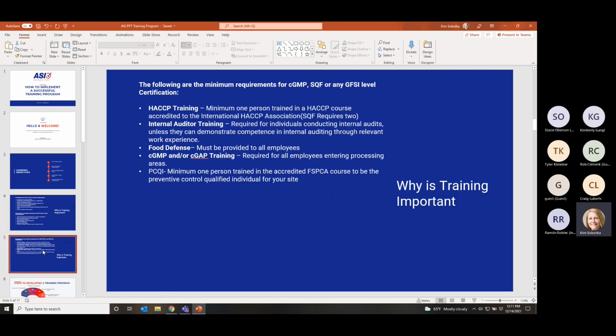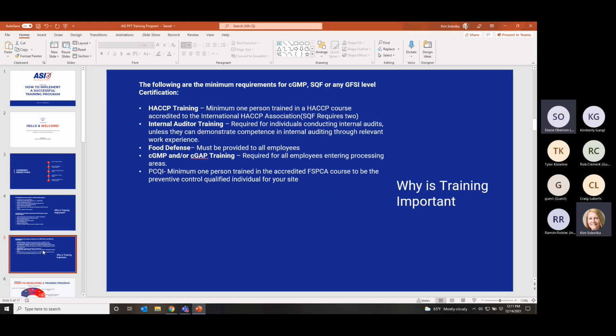And then the last thing that I wanted to talk about in this section is there are minimum requirements to satisfy SQF, all the GFSI certifications, and just basic CGMP audits, which is the foundation that most companies start with within the United States. Let's talk about HACCP. That's Hazard Analysis Critical Control Points. Hopefully all of you have heard that acronym at some point in your life. If you have a GFSI audit, I know you've heard of it.